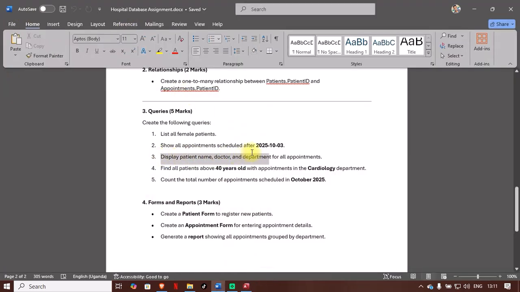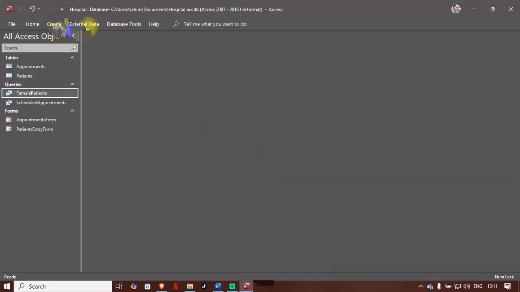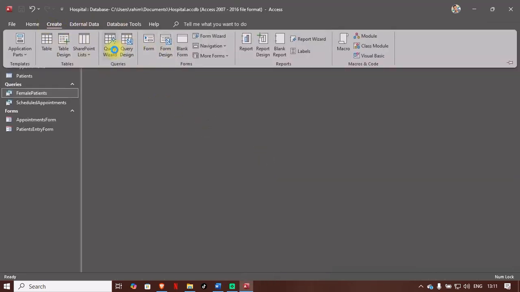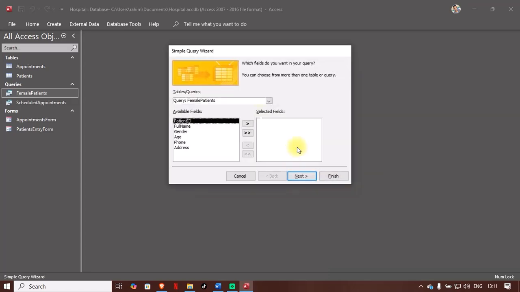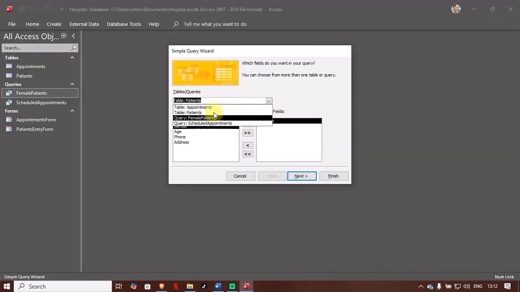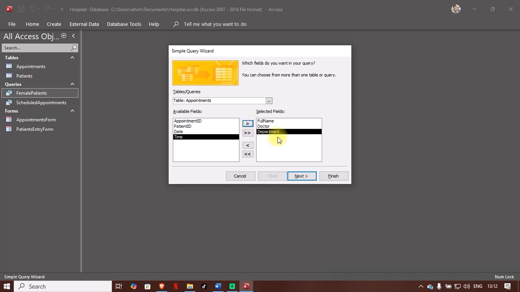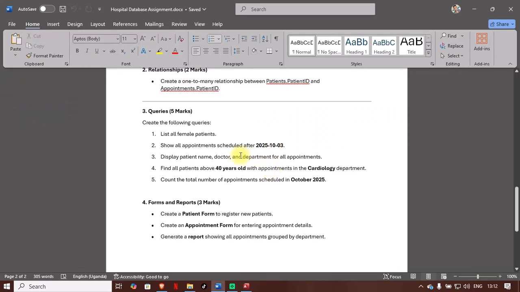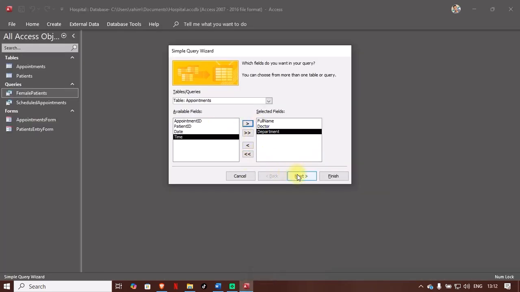Now display the patient name, doctor, and department for all appointments. Okay, come to create, query wizard, simple query. Remember, they have told us the patient name, and the patient name is found in the patients table. Click that, take full name, then the doctor, it is found in the appointments table. Take doctor and also the department. Yeah, then next,